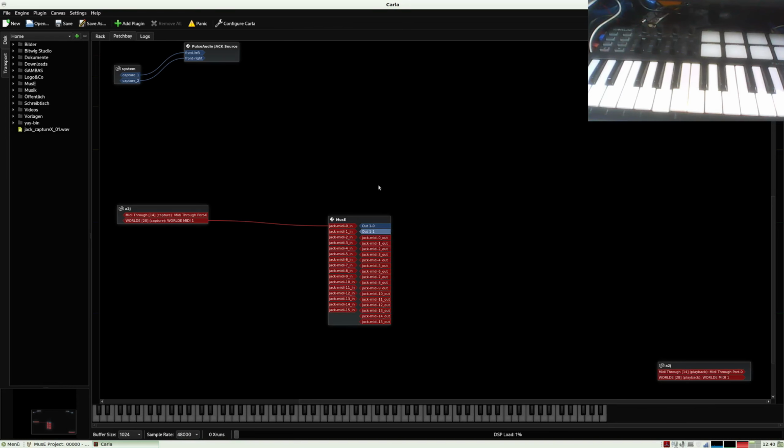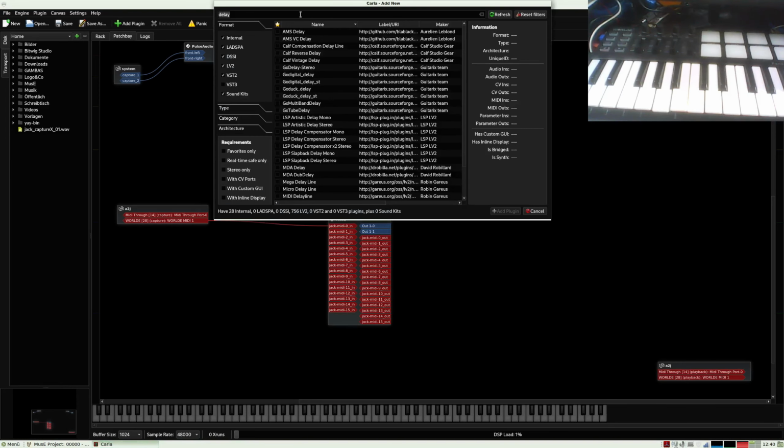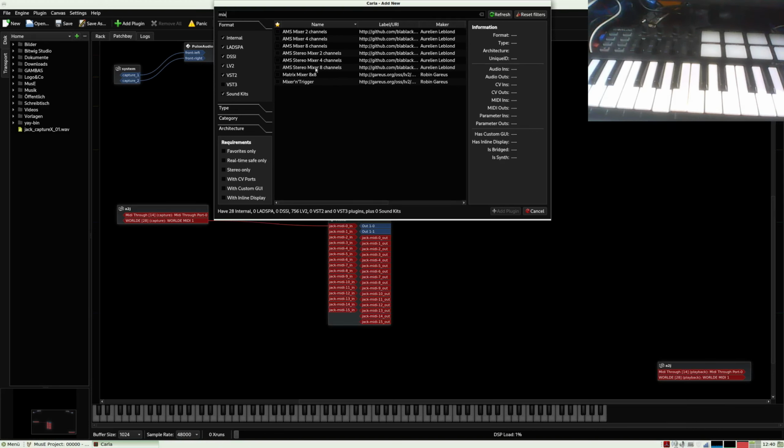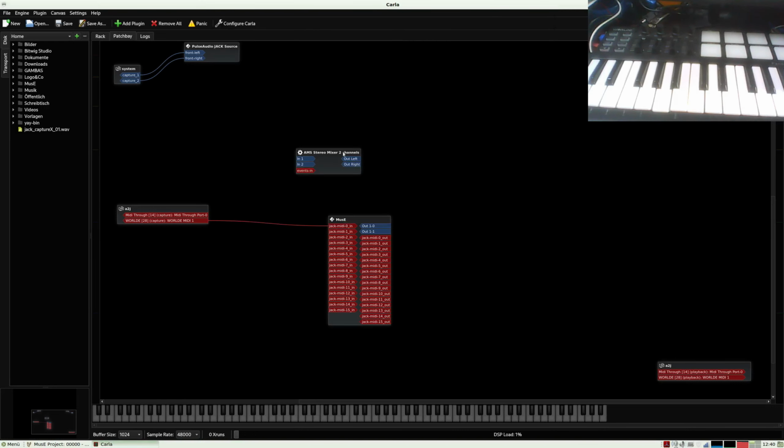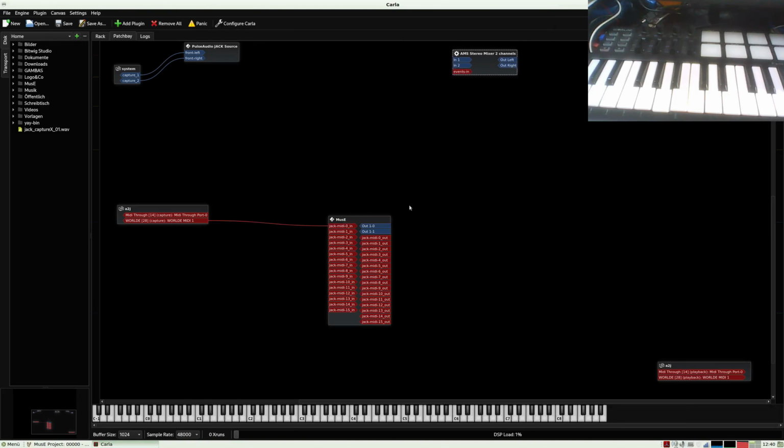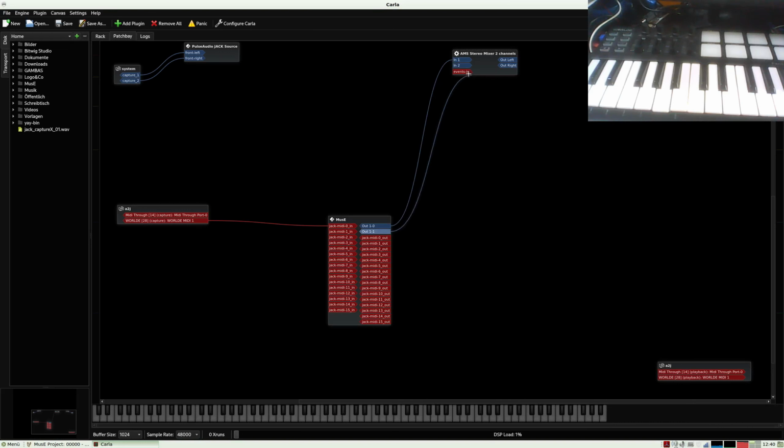I put in another plugin. It's a mixer I want to add, so I type mix, and here I have Mix Stereo 2 channels. I put it here and connect the digital output of Muse to this.